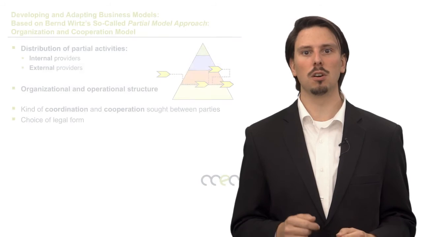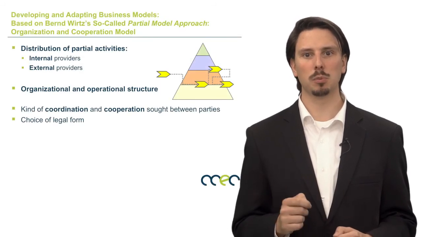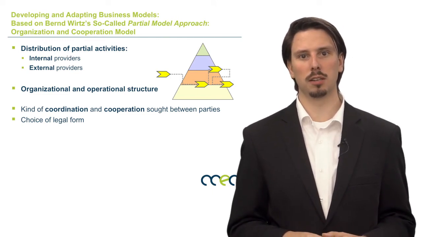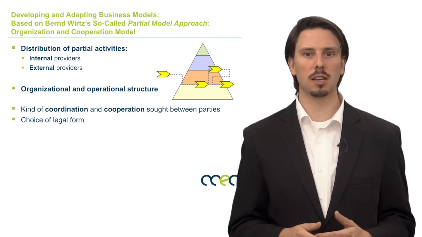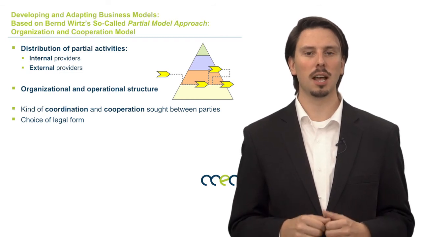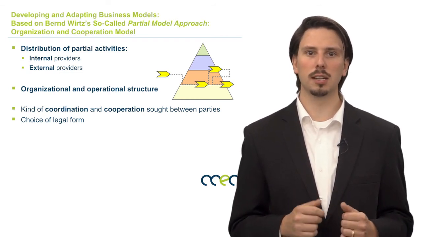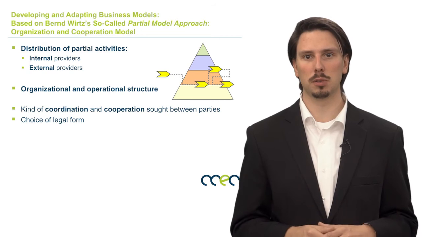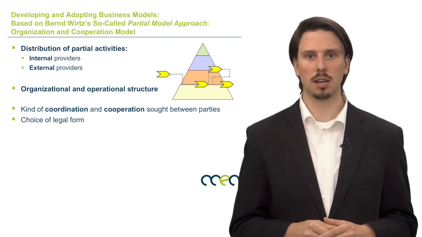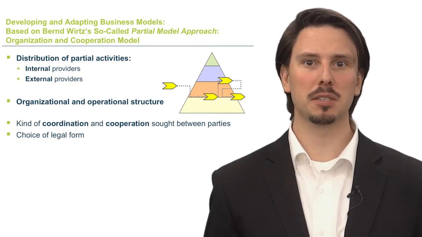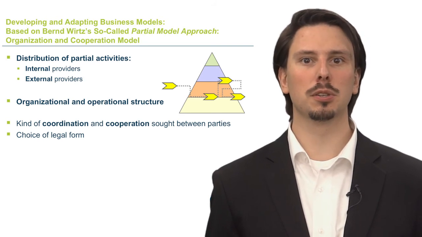Just as the manufacturing model allows us to identify necessary components, the organization and cooperation model helps with distributing the necessary activities among internal and external providers. This process can help to develop the organization and operational structure. At this point, a business needs to decide in detail how to make, buy, or cooperate in legal and organizational forms. In the digital age, most companies opt to focus on single core competencies and therefore outsource other components of their product or service to external providers. For this reason, it is important for a business to carefully choose its legal form, since such could influence financial,